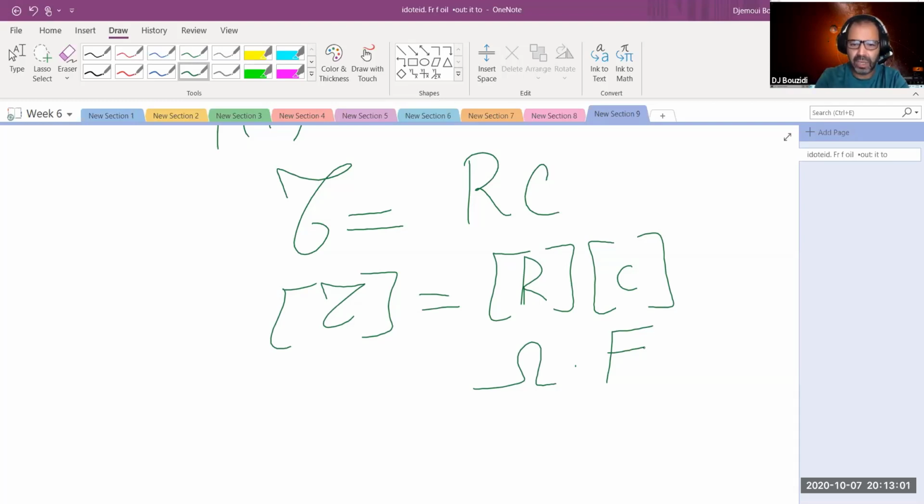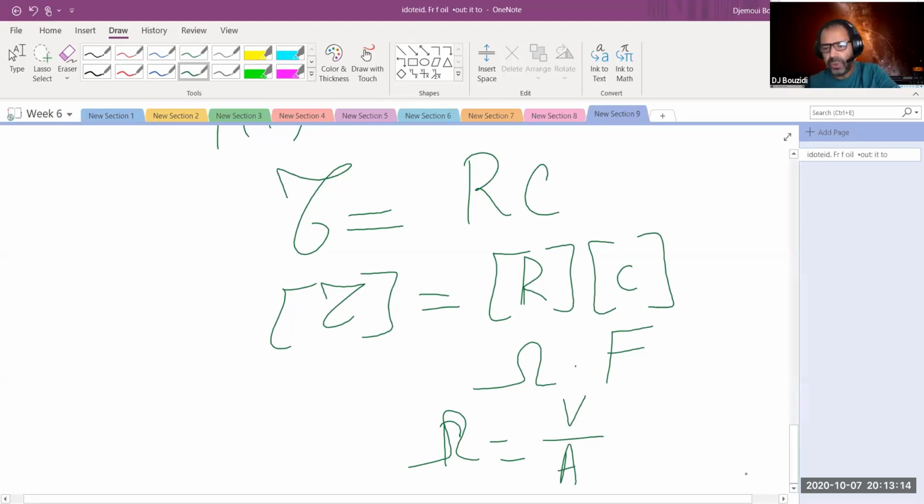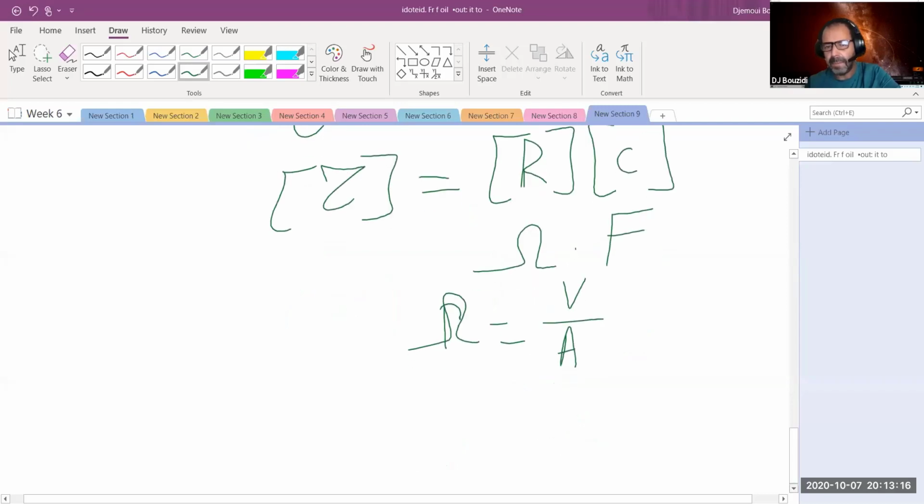So I can say that the ohm is the units of the voltage, which is V, over the units of the current, which is ampere. That's one way of doing it. Well, also the units for the capacitance, I can use the same thing, which is Q over C is also voltage. So the units for the farad are the voltage,